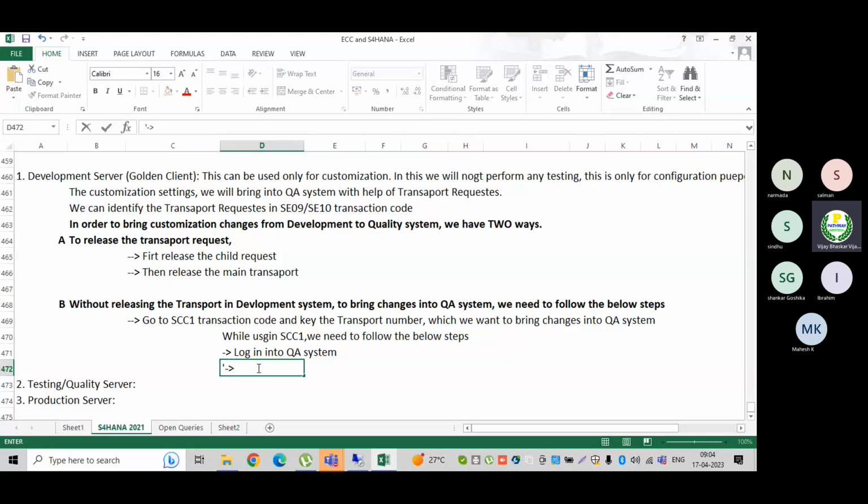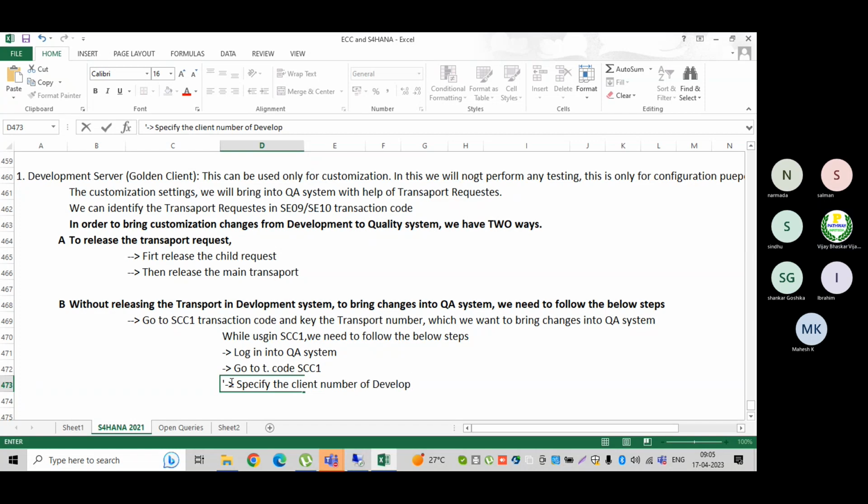Then go to transaction code SCC1. Then specify or key the client, the client number of the development source client.